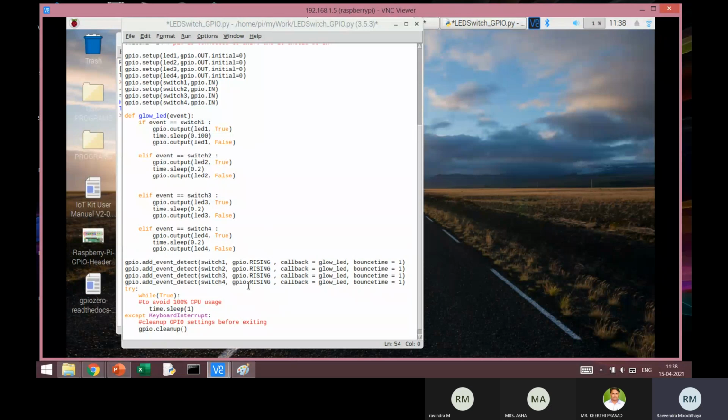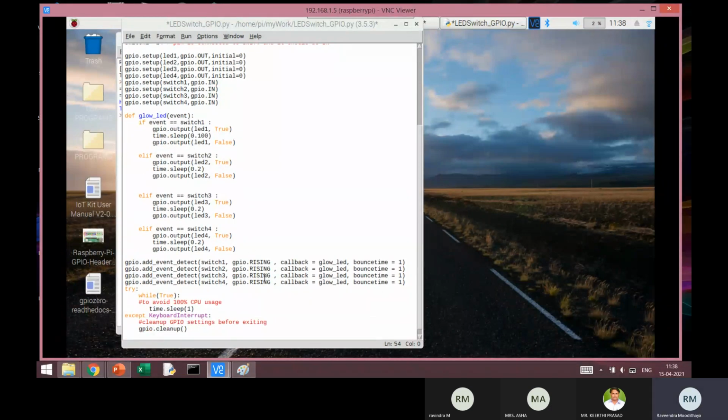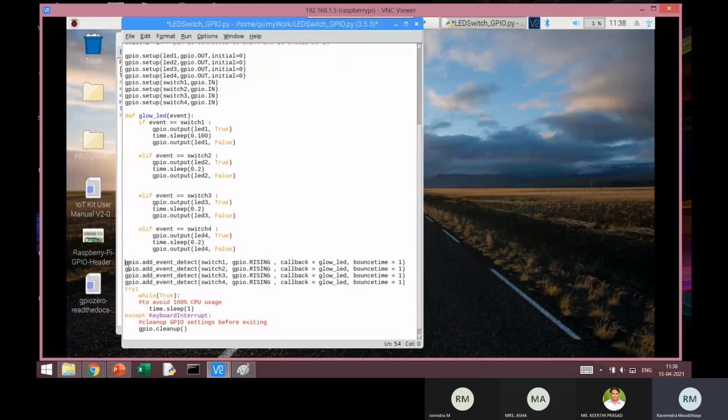In most cases, GPIO Zero works, but in some cases, we may have to go back to this contemporary library, that is RPi.GPIO. Now, what these 4 lines of code are doing is they will detect those 4 events.